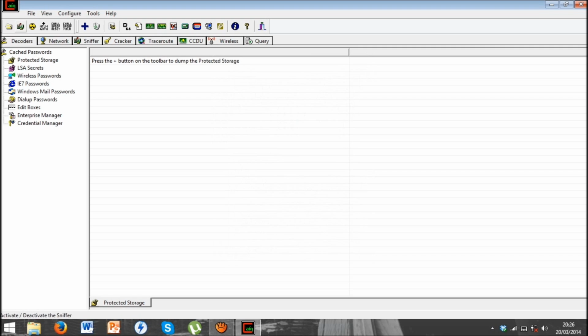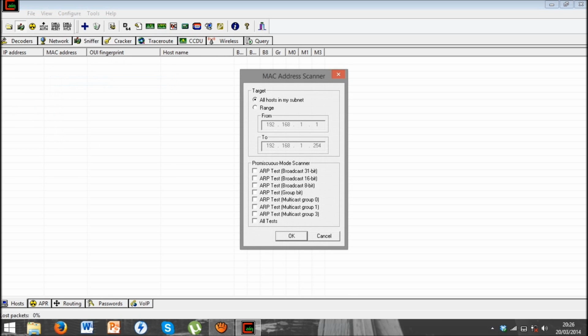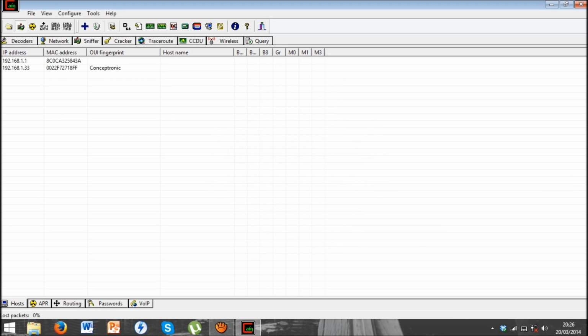Now we have to be in a screen like this. Then make a click with the right button of your mouse. After it, press the option you can see on your screen. Now the IP addresses of the computers which are in the web must appear. The IP which is in blue is the IP which we want to attack.